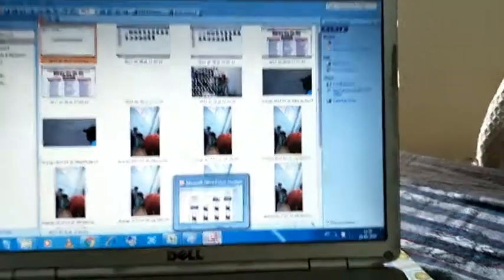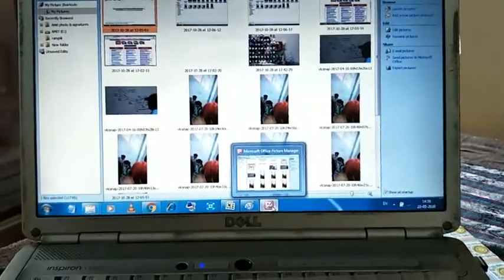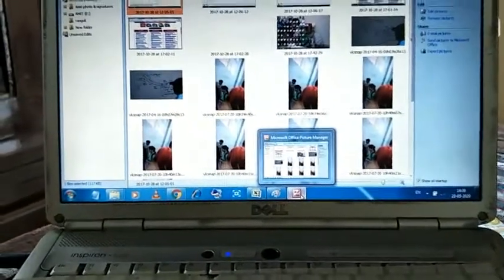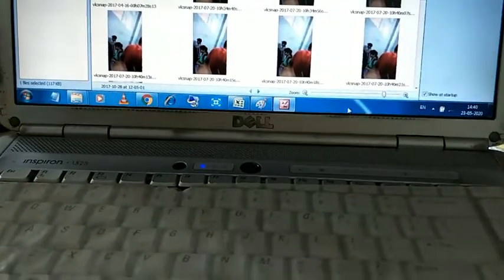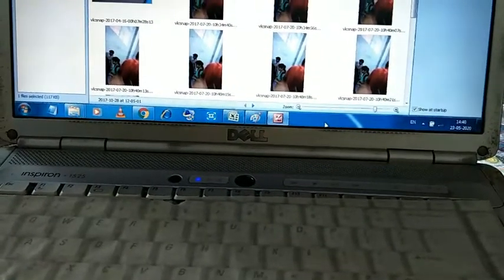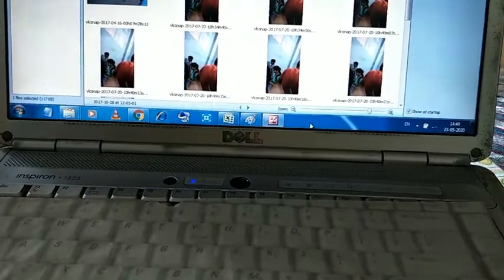Okay, now the next point is arranging the windows on the desktop. How to arrange the windows on the desktop? Look here, first you will click on the free space on the taskbar. Look here, that area is free, so right click on this area.